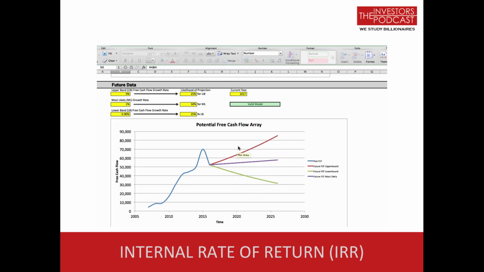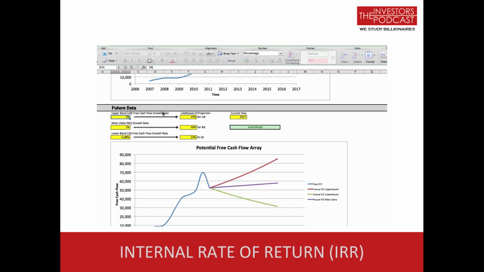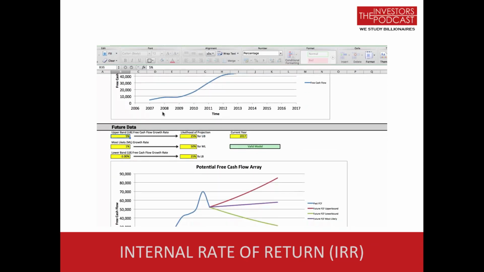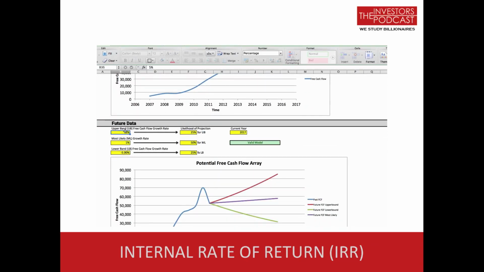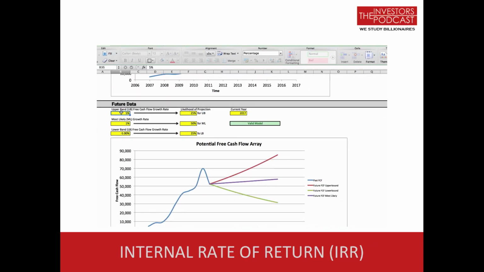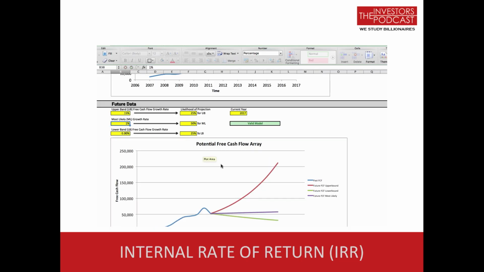And whenever you're thinking about this, if a company is very high risk, these bands should be very wide. If you've got a company that's really stable, maybe the bands could be a little bit tighter. Okay, and you can adjust basically the width of those bands by coming over here and adjusting these inputs. If you haven't noticed, anything that's in yellow is your input. Everything else you can't adjust. So I'm just going to widen this to show you what it looks like. I'm going to type in 15% and hit enter, and you can see how the